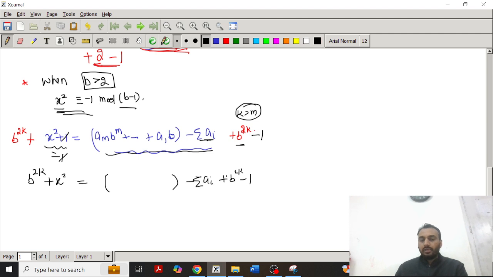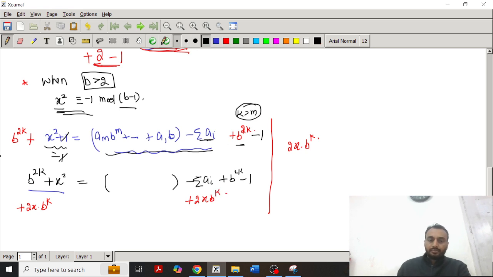So this thing has come. The right hand side is perfectly fine, because here we have a number in base b minus the sum of its digits. In the left hand side we have this. Now to make it a perfect square, what extra term I need is 2x b power k. So if I multiply with the 2x b power k,